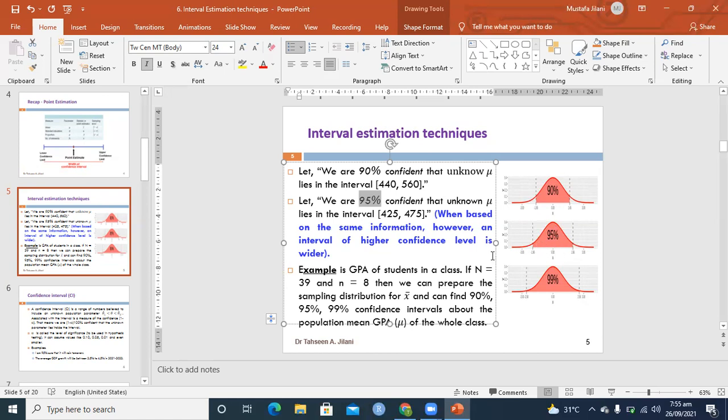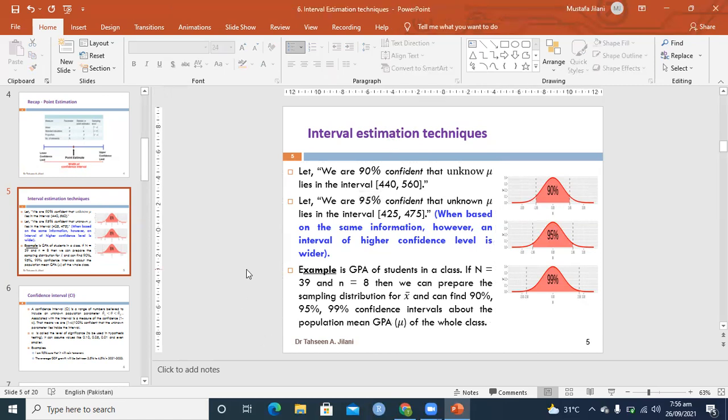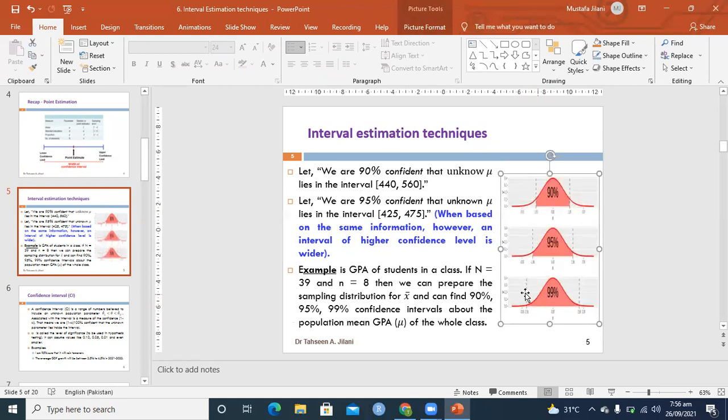This is the same concept that we have studied in normal distribution. If you remember, it was mean plus minus one standard deviation, mean plus minus two standard deviations, and mean plus minus three standard deviations. So these results coincide with those results, but we are not talking about that now because we are working